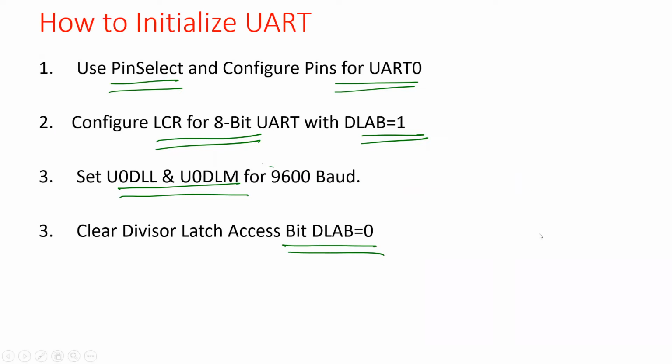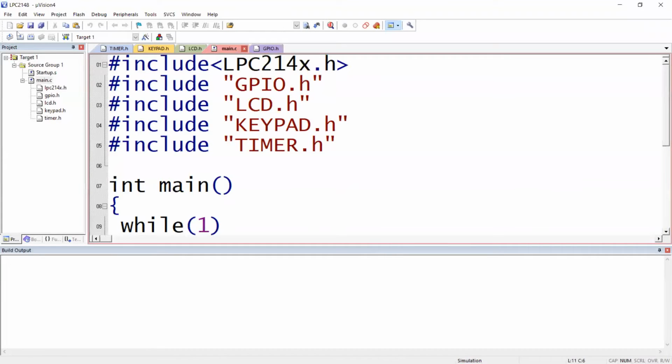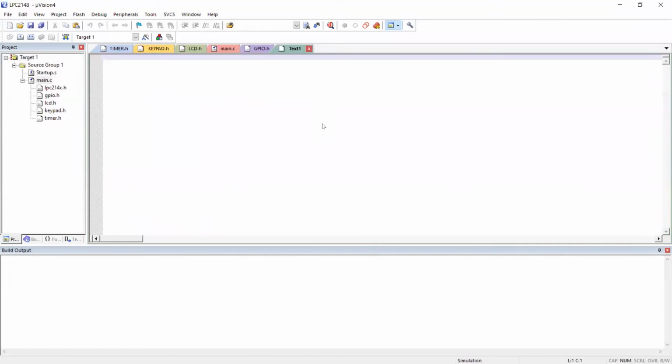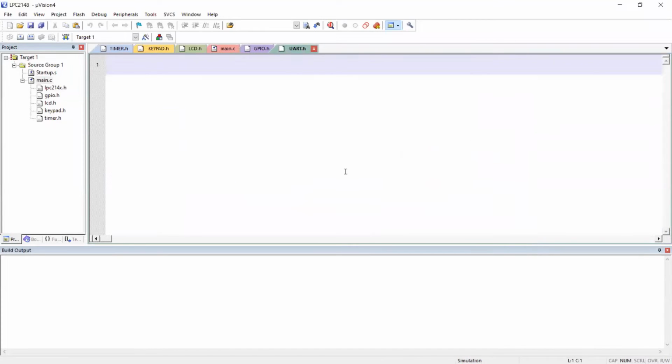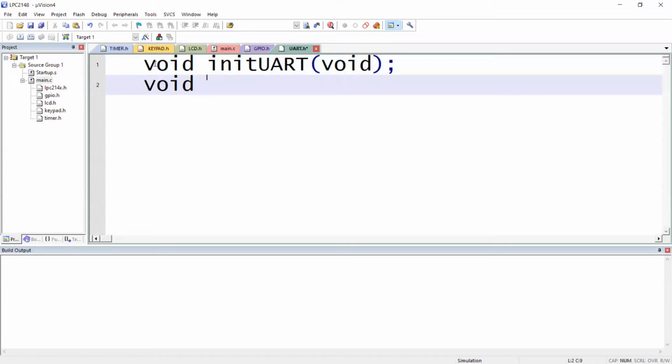So let us convert this into source code. Let us take a new header file and save this as UART.h. I want 3 functions. The first function is init UART. It is not taking any parameter: void init UART. This will initialize my UART. I told you already, if we have nothing, put void. The next function is for sending data: send UART.